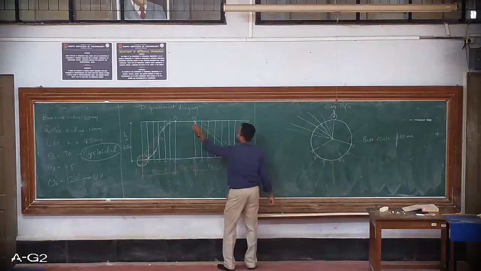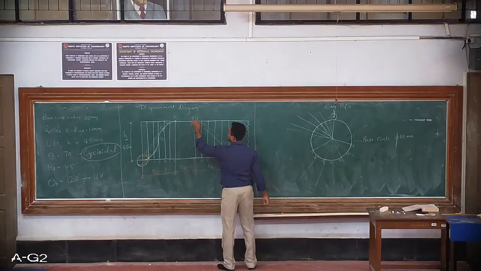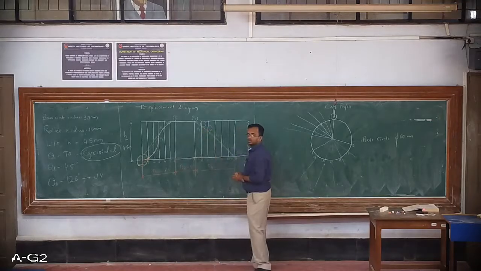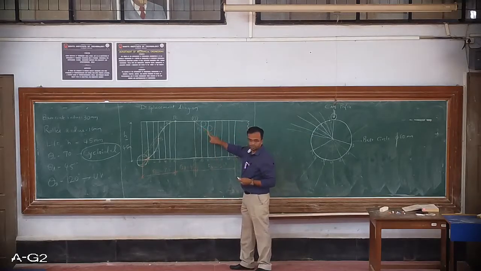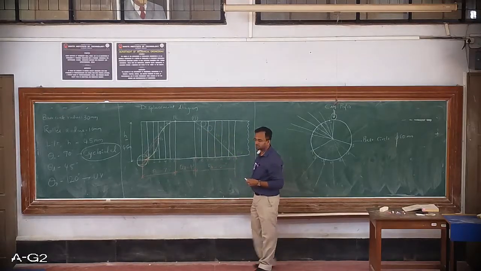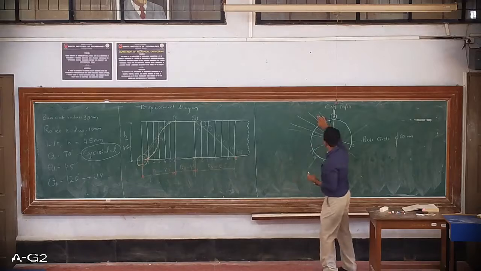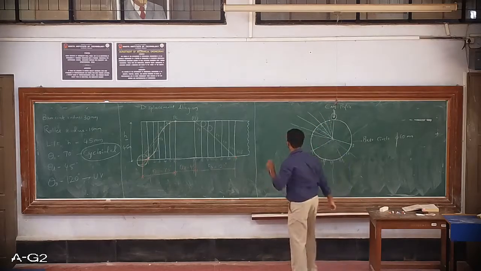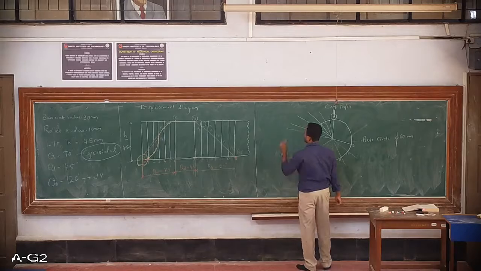Say for example at P7 the roller will be here. At P8 the roller will be something like this. At P9 the roller will be something like this. So at every position point, what I am getting is not the center of the roller, but the tangent of that particular roller. So if I locate those P points here, what is the problem? We'll just have a small exercise to understand what the problem is.